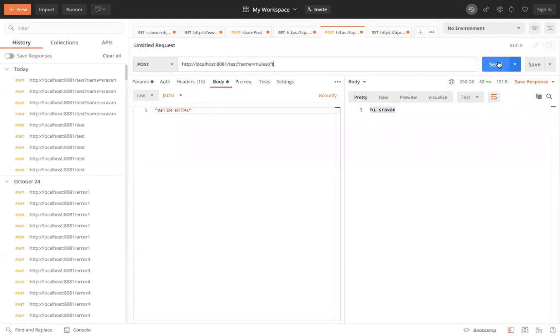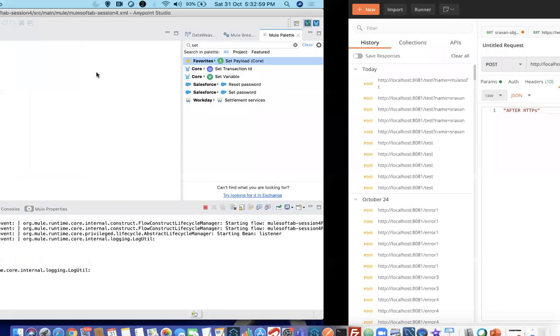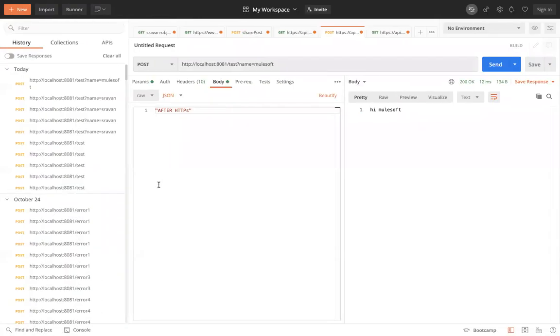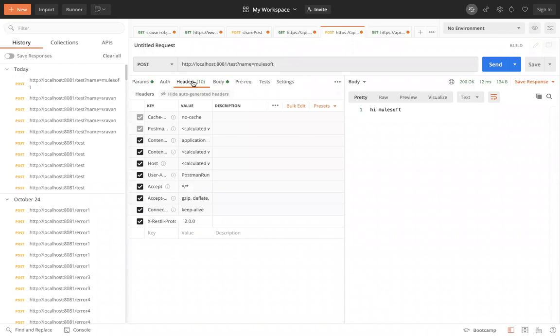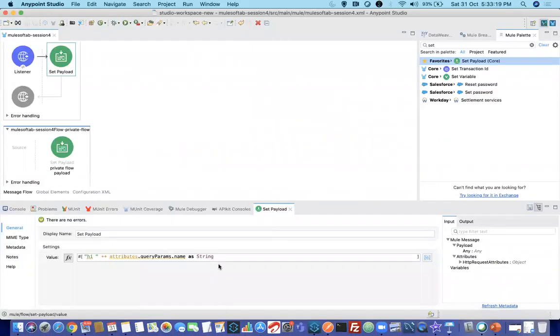It should come as hi MuleSoft. So in this way, attributes are necessary. You can pass the request in many ways, in query parameters or headers. Now what if I want to say hi, the name, your method is post, or your method is get. To know that, I'll say plus plus again.